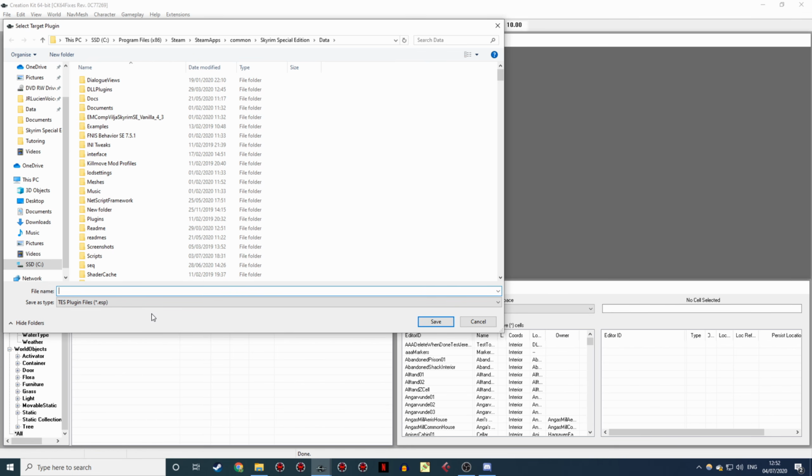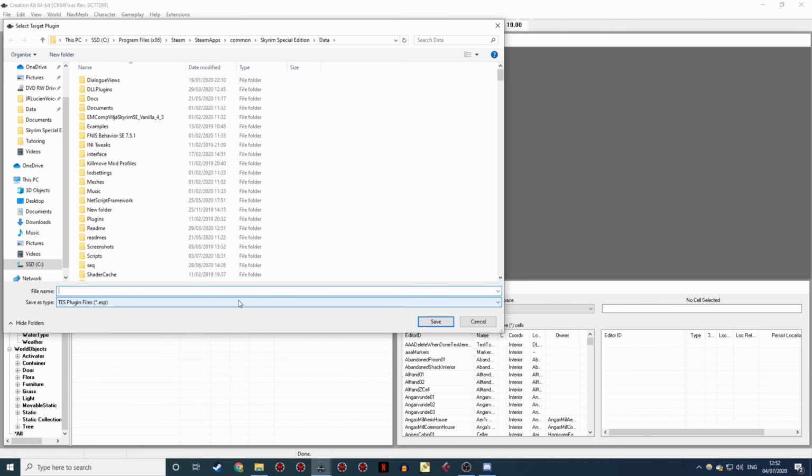And that's going to be a unique code that's going to be at the start of your ESP name, and all the records in your ESP and all of your scripts. And that's going to make your life an awful lot easier when it comes to identifying which stuff is yours and packaging it up for an archive at the end. And it's also going to eliminate the risk of conflicting with other mods' files, in theory.